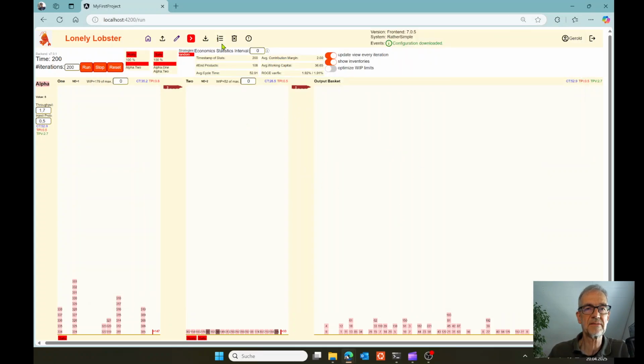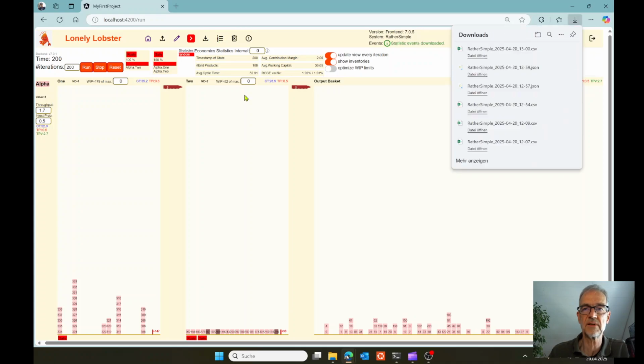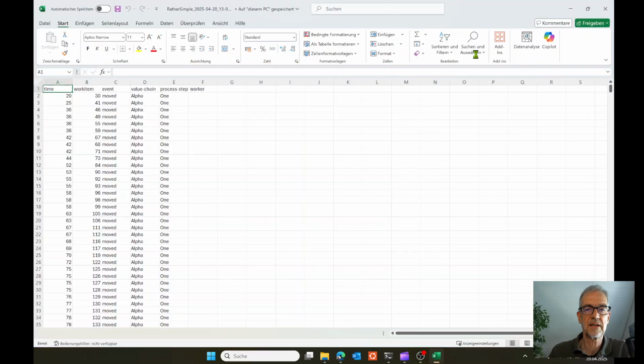We have this button here, which downloads the events that occurred during the simulation here. If you run here 200 iterations, then you will find the associated events, what went on in the system in this log here. And I just push it and download a CSV file. So here we go. I open it. Excel comes up,